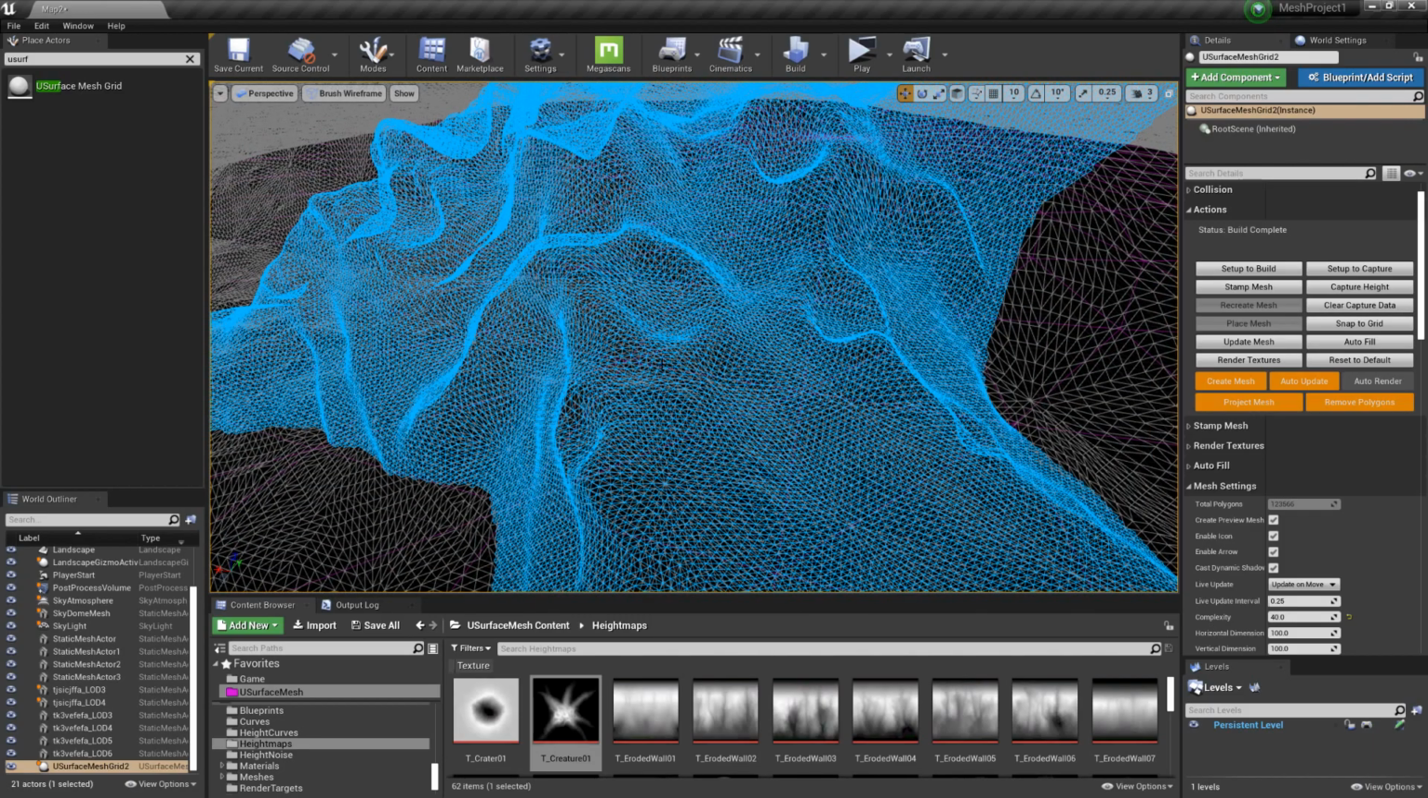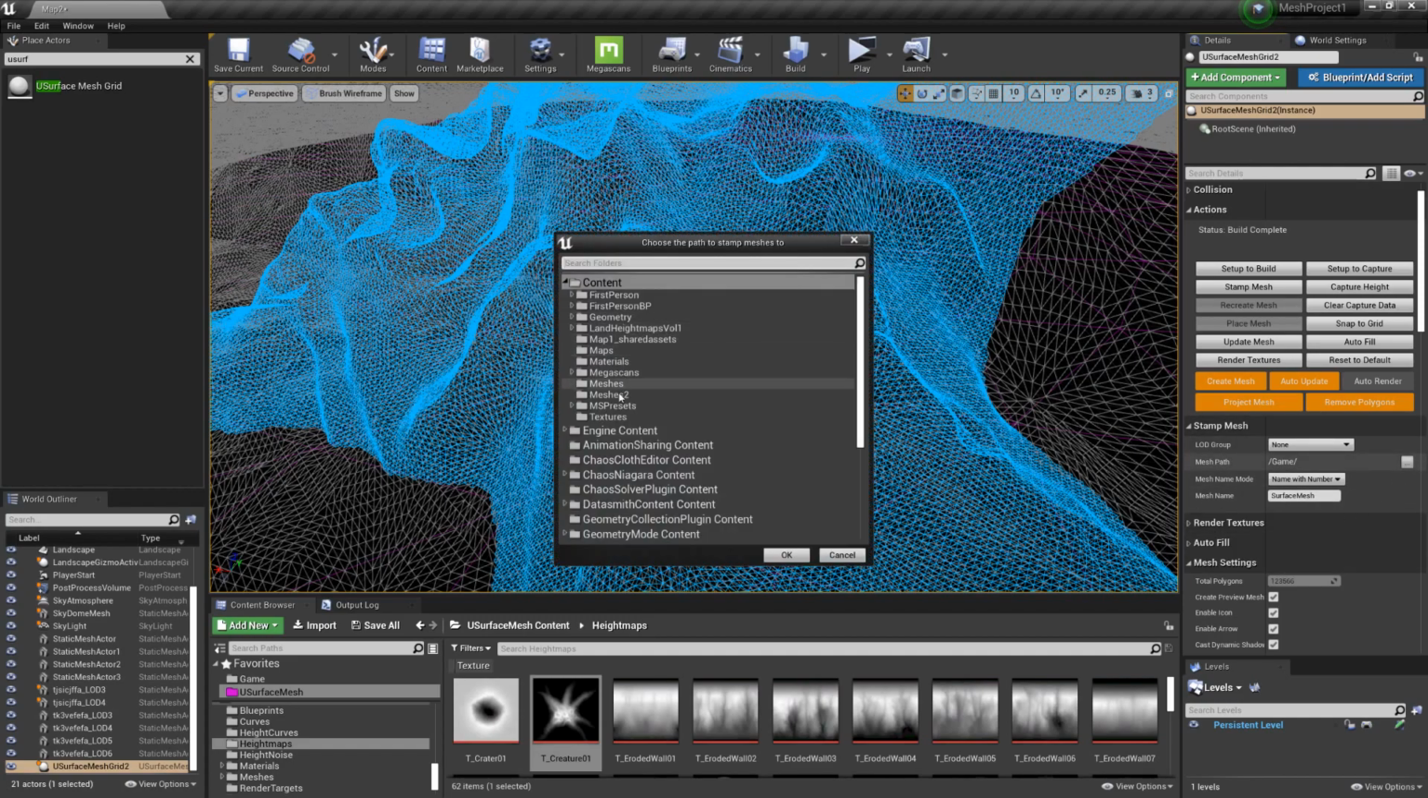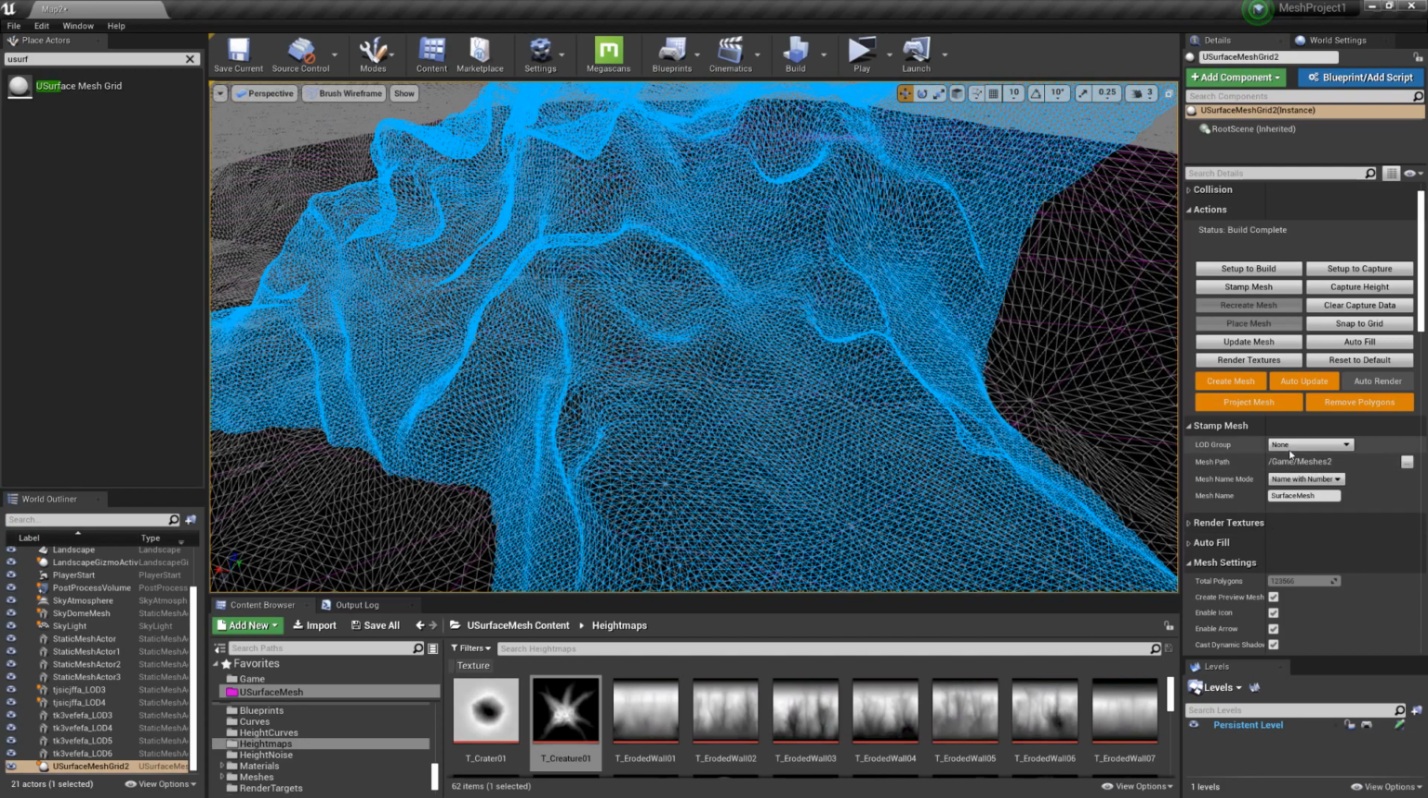So once you've got the mesh that you actually want, then you can stamp the mesh. So we'll quickly go to where we want to stamp it, and then we'll choose. Now when it comes to optimization of your mesh, you need to choose a LOD group. You don't have to choose a LOD group, you can choose none and then go in and optimize it yourself, but by default you can load in any one of these LOD groups that are built into Unreal Engine. So if you choose any one of them and then choose stamp,